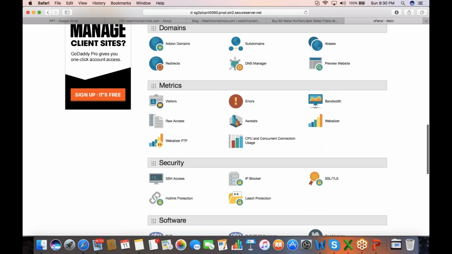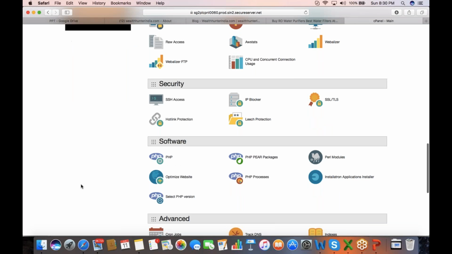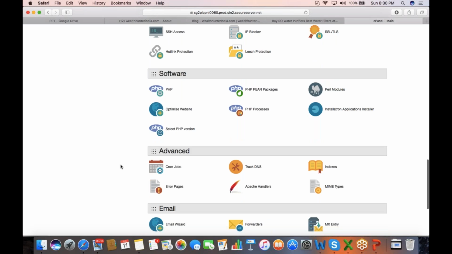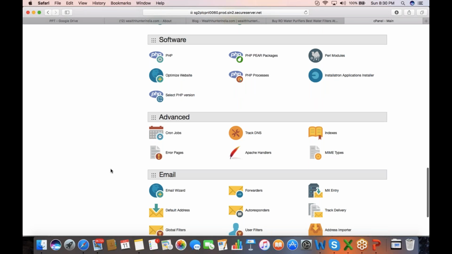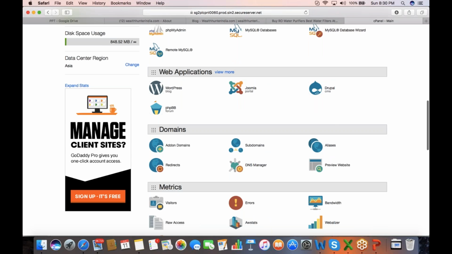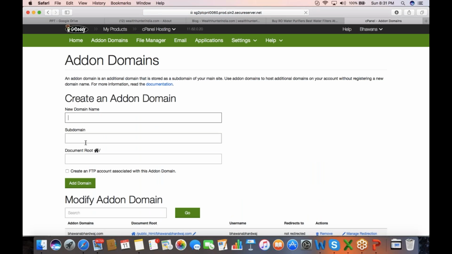So you can see the matrices here, you can see the security features here, you can see the application software here, you can see some advanced things, you can manage your email. I'm just giving you a very brief overview, but you can explore yourself. Here you can click on add-on domain to add more domains. Here you just provide the domain name,